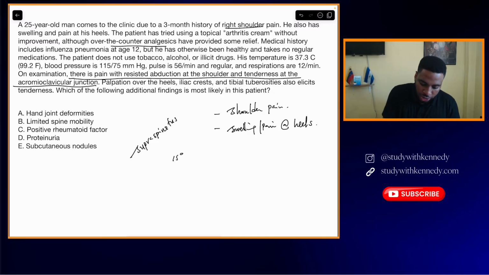Okay, again, it's just part of the shoulder pain. We don't know. So why does he have pain with one of these muscles or inflammation of one of these muscles? Palpation over the heels,